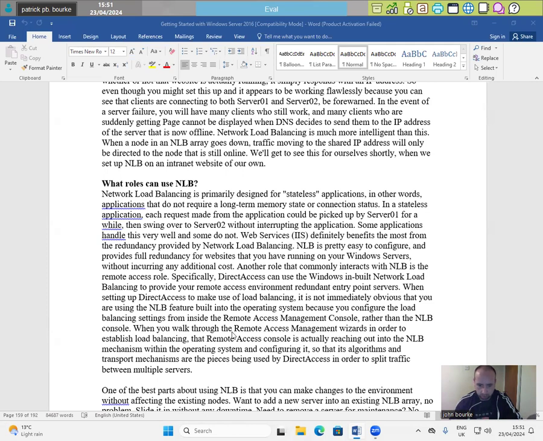When you walk through the remote access management wizards in order to establish load balancing, that remote access console is actually reaching out into the NLB mechanisms within the operating system and configuring it so that its algorithms and transport mechanisms are the pieces being used by DirectAccess in order to split